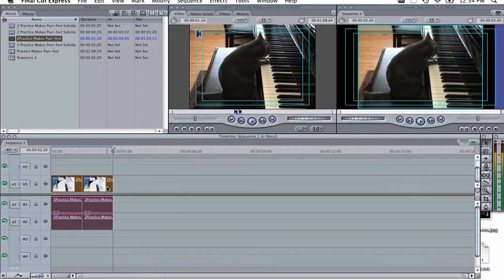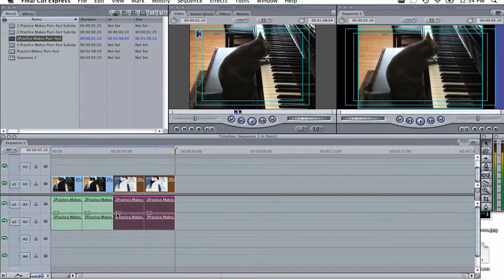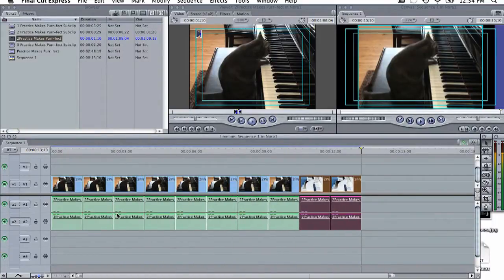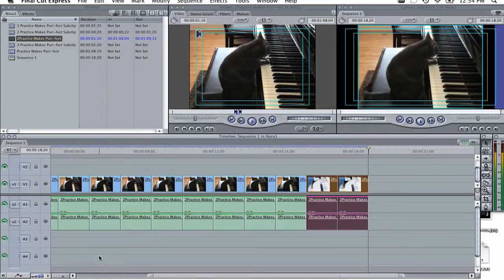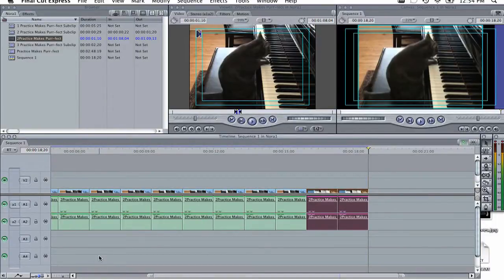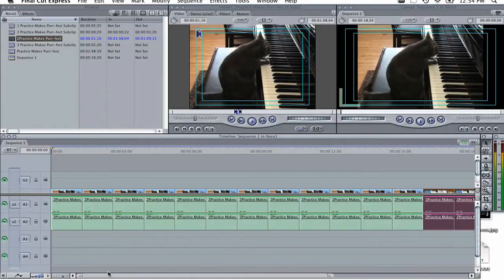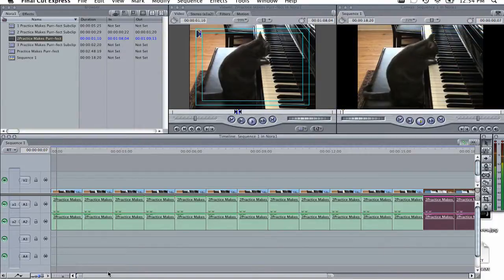I'm just going to Command C for copy. My playhead is here at the end of the clip, so that means if I hit Command V, it's just going to copy right to the end. I can do that a bunch of times. So let's see. I'm going to hit Home on my keyboard to move my playhead back to the beginning, I think. And then if I hit spacebar to play,